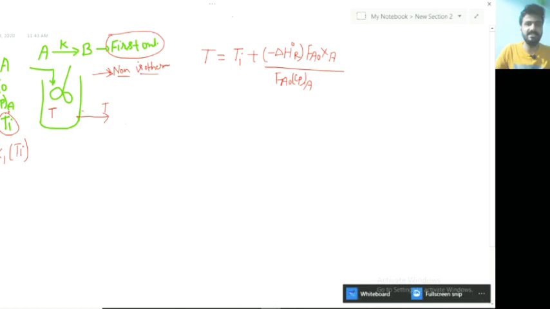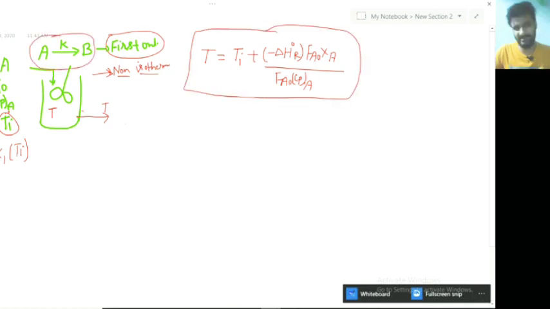This is the basic energy balance equation for the continuous stirred tank reactor, and this is applicable for only these types of reaction right now. If the reaction is going to be changed, then you need to apply the material balance and the basic energy balance equation with Fi naught Cp of A. If there is another reactant, the situation will change. So you have to focus on this particular platform.